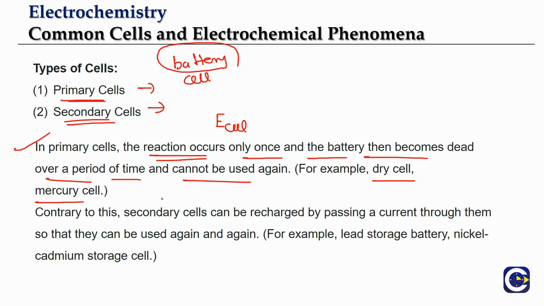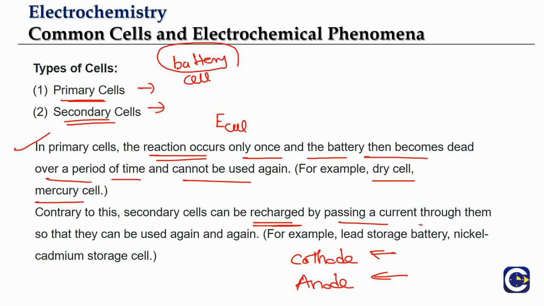Now what are secondary cells? Secondary cells can be recharged. What do we mean by recharging? If you pass current through the cell in the opposite direction, then the cell reaction can be reversed. Say for the working of the cell, at the cathode there is a reaction happening, and at the anode there is another reaction happening. During the recharging process, we pass current in the opposite direction, so the cathode reaction will be reversed and the anode reaction is also going to be reversed, and that is what we call recharging of the battery.